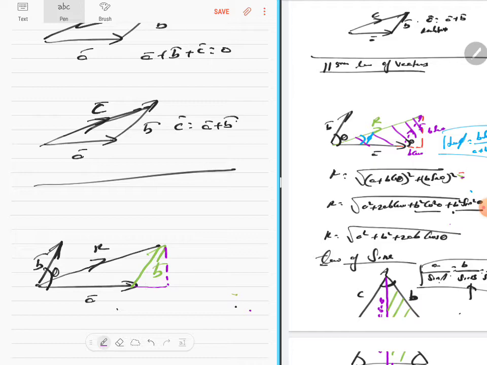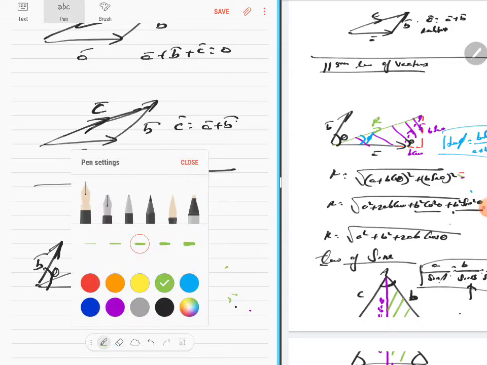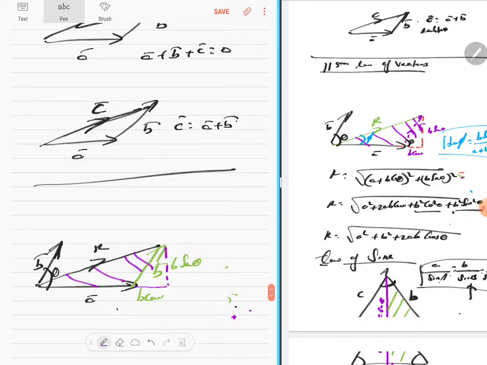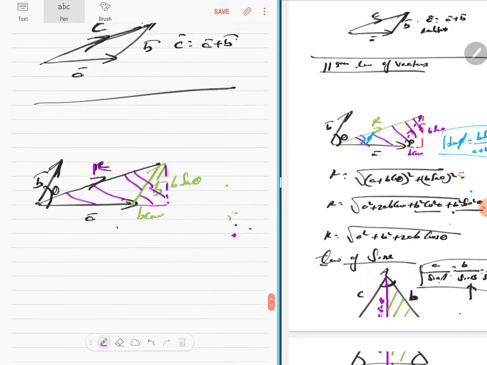Can you see a B which is slanting, which can be broken into two components: a B cos theta component and a B sin theta component, which is also parallel to the purple vertical line. So we can write this as B sin theta, B cos theta and B sin theta. And therefore now you have a full right triangle here, from which you can write the Pythagoras theorem,